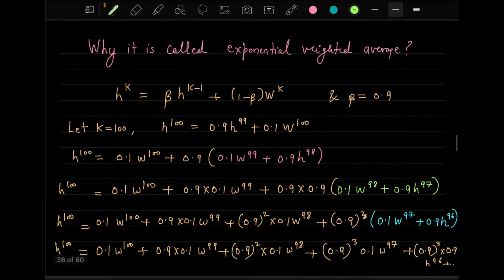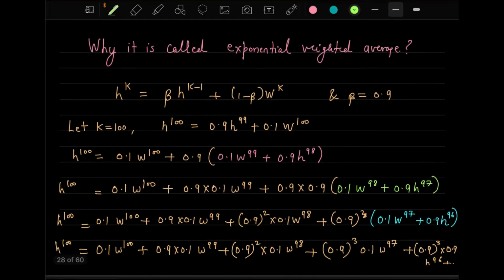Okay, so why is it called exponential average? So we saw that the method is called exponential weighted average. So there is nothing fancy about it. Once you start writing these equations and expand it, what you will get is something similar to the calculation that I have made here. So what I did is I have used k equal to 100. Let us say for k equal to 100, we will get this expression. And once you have this, you keep 0.1 W100 this side, and for this you again expand it because it's a recursive equation. So I just kept it with a different color.